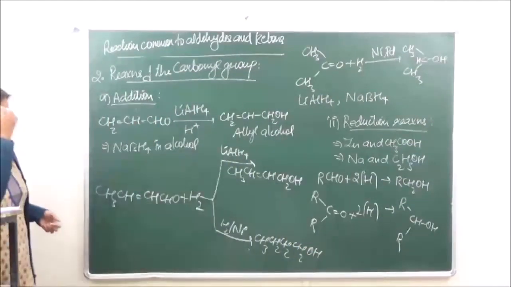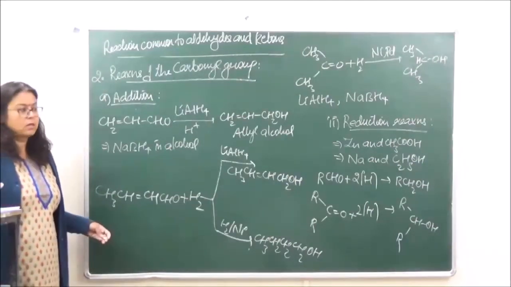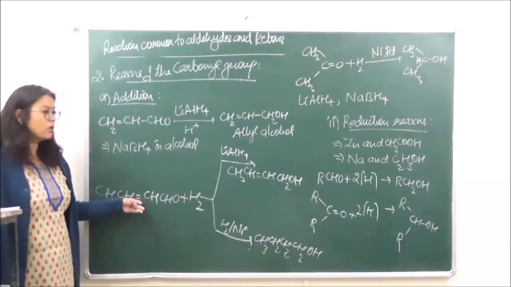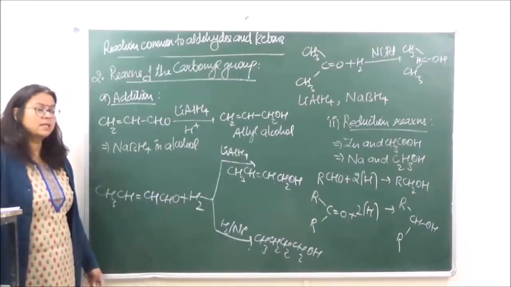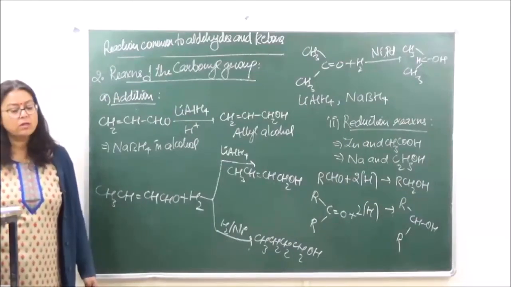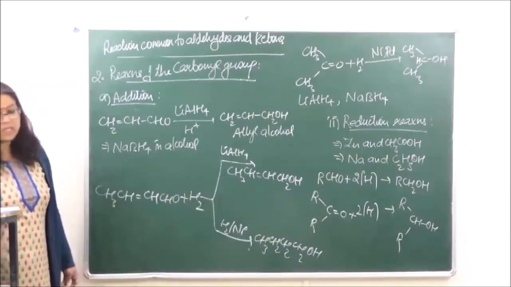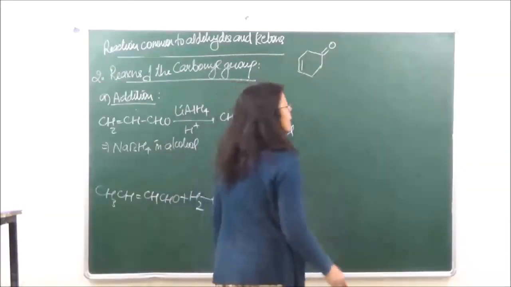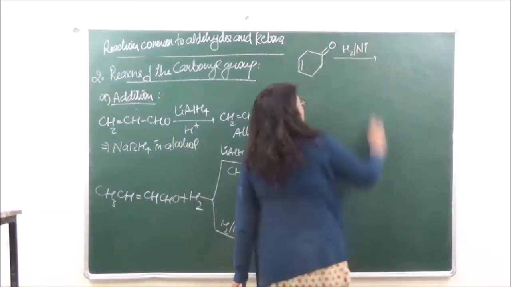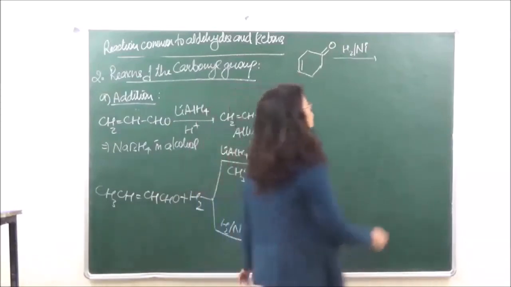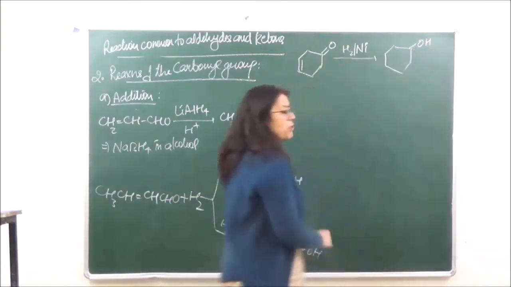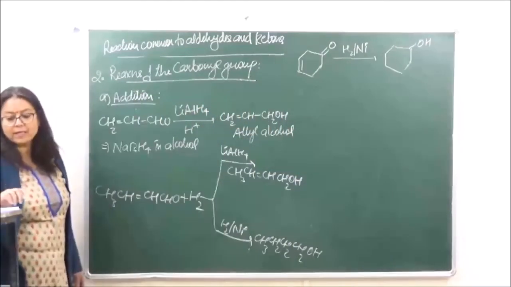Okay? So if there is a double bond present in your compound and the reagent given is lithium aluminium hydride, then the double bond is not affected. But if you are taking nickel, then even the double bond, that is going to be reduced. So this is going to be the difference in both the reactions. Is it clear? And if we are taking a cyclic compound over here, right, and we are using over here hydrogen and nickel, the double bond will also be reduced, such that the product which we are going to get is cyclohexanol.